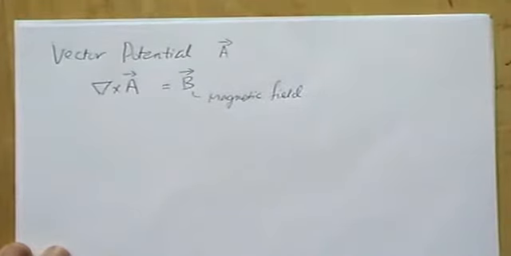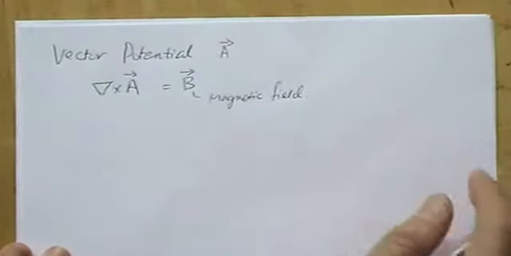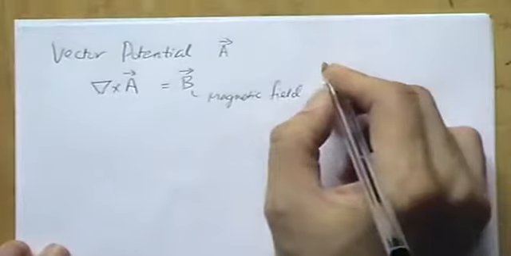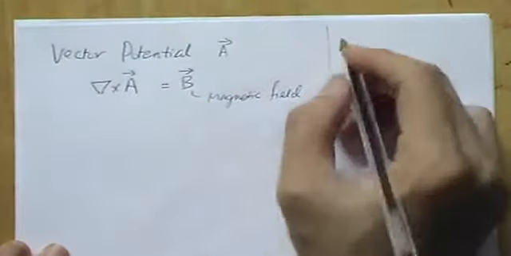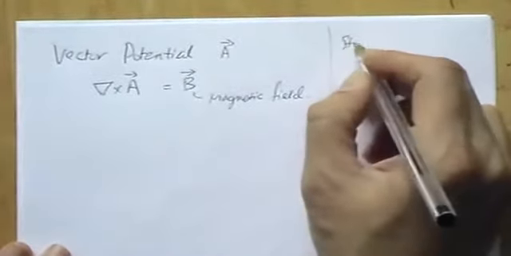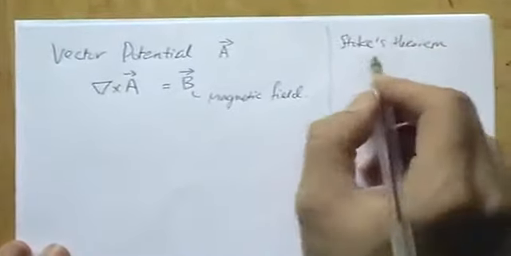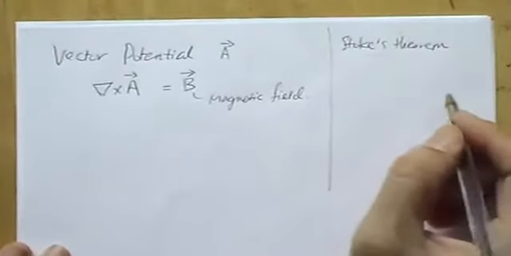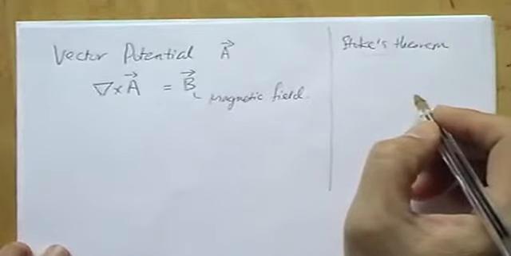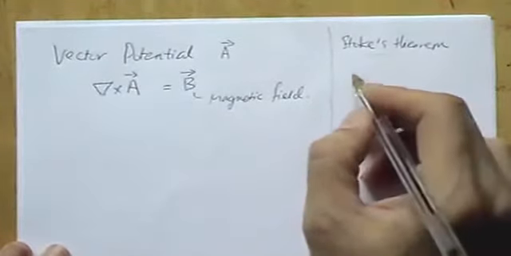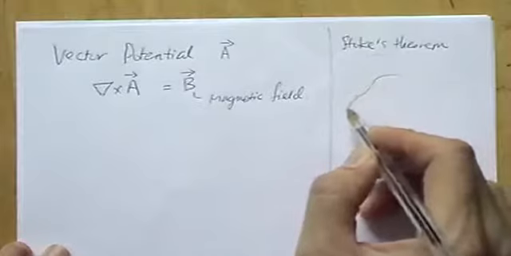And since we will be switching between the differential and the integral forms of Maxwell's equations, it would be good to remind ourselves of the Stokes Theorem. The Stokes Theorem is a result from vector calculus, which says that if I have a loop, say in three-dimensional space,